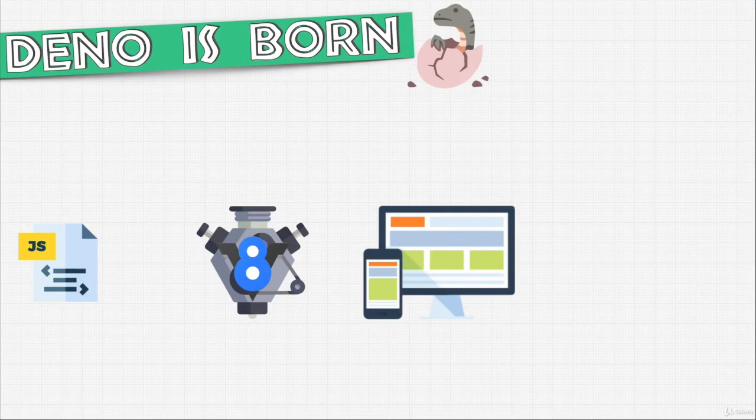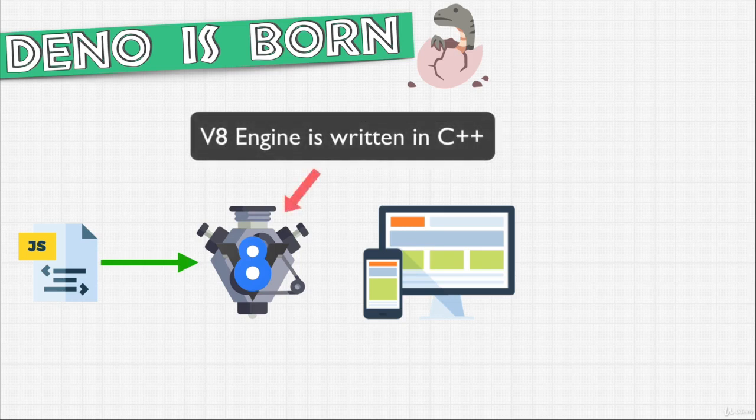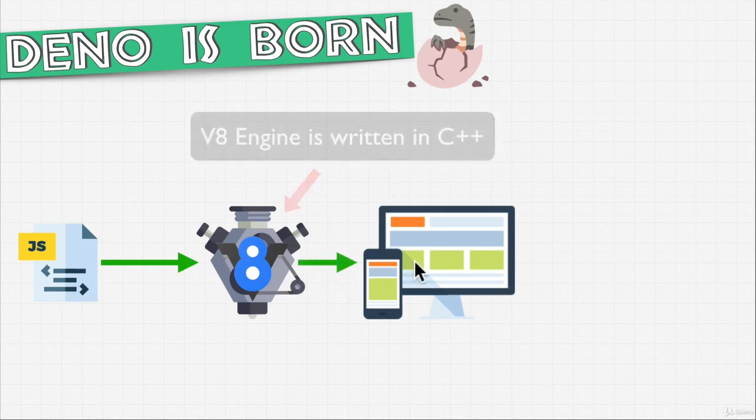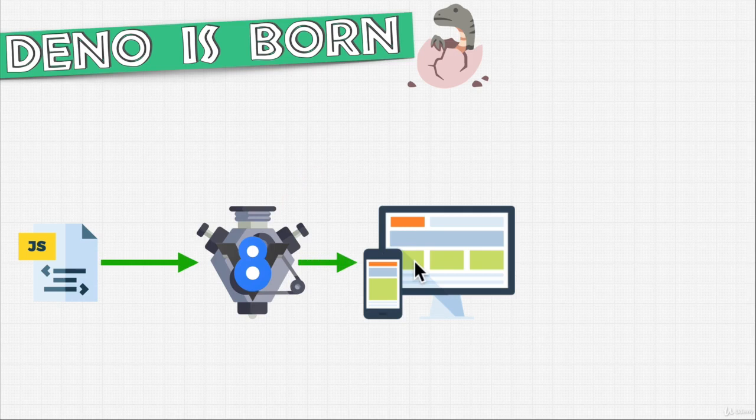It moves our JavaScript that we write ourselves as programmers and spits out instructions for the machine that it's running on. So for example, Google Chrome uses the V8 JavaScript engine. When it receives a JavaScript file, it's going to say, oh, I understand JavaScript, and this is what the programmer is trying to tell us. So it receives the JavaScript code, and then it gives instructions to the browser to say,